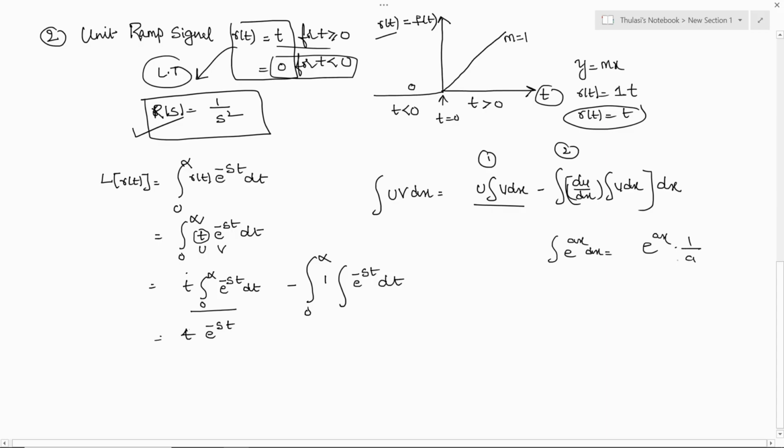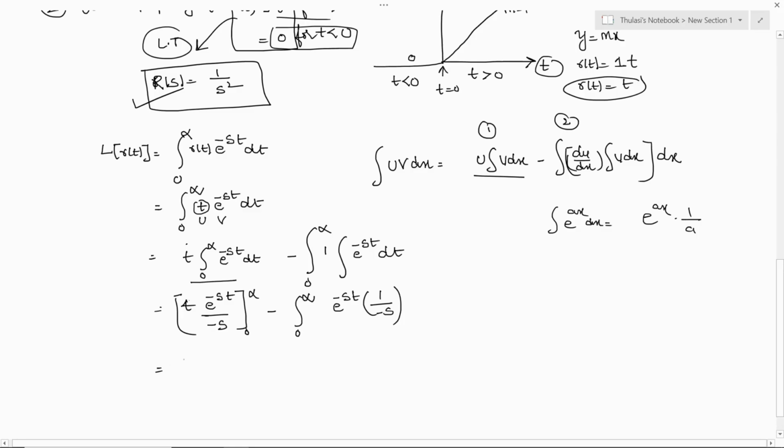So the integral of this term we are going to get as t times e to the power minus st divided by minus s, varying the limits from 0 to infinity. Here also, the integral from 0 to infinity of e to the power minus st is nothing but 1 by minus s. When you write down these integral terms, we are going to get infinity times e to the power minus infinity with the whole term of minus 1 by s, minus 0 times e to the power minus 0,